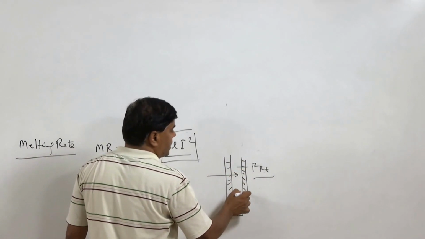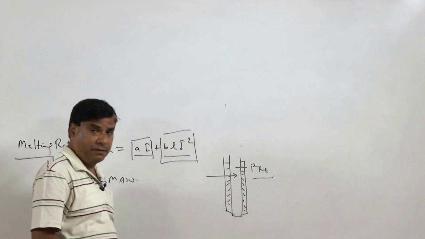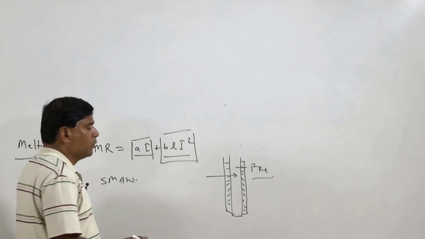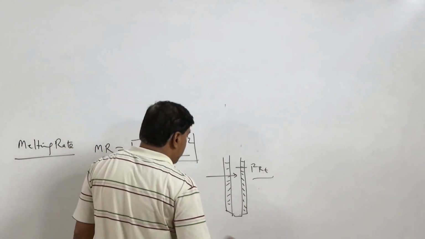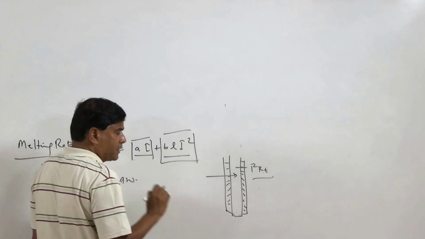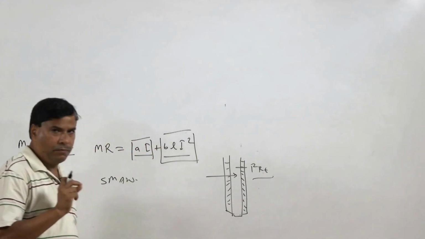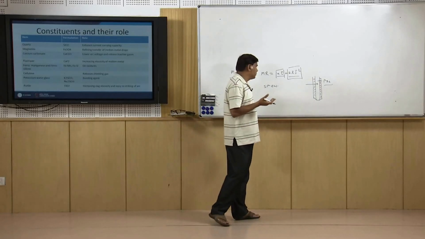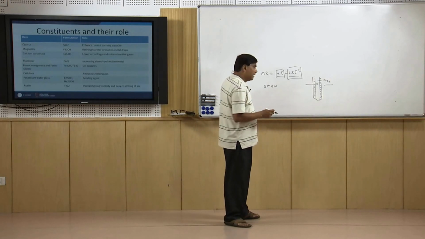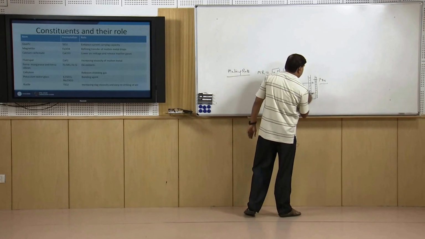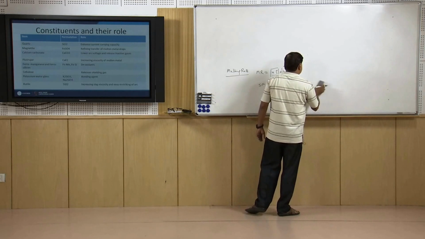So, because of this we will not get the benefit of the coating over the core wire in the case of SMAW, while in the tungsten inert gas welding process it will damage the electrode due to the excessive I square R heating. So, electrode life is reduced if excessive current is used.